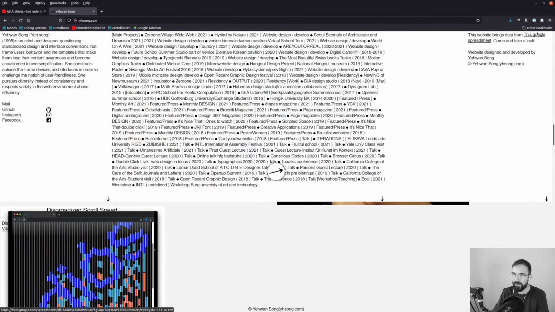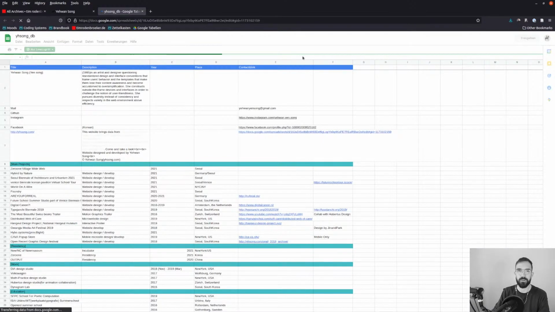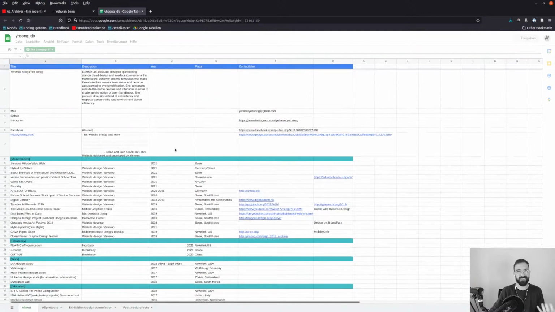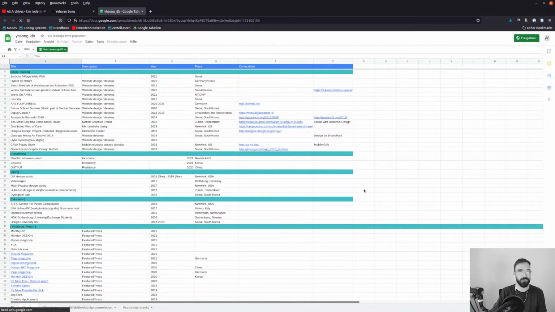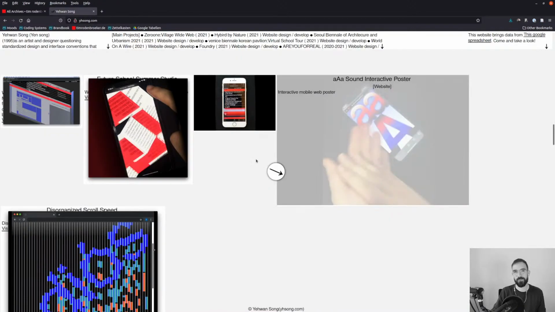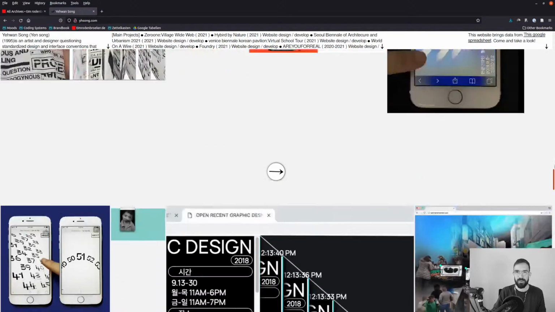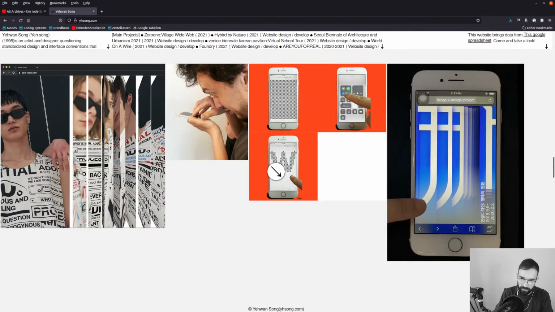And look at this, by the way. This website is not fueled by a content management system, but by a Google Sheet, which is amazing. All the projects here with their links and videos are hosted on Google Sheets, which is crazy, right? She takes an Excel sheet hosted on Google for her content management, which is pretty cool. So looking at technologies from a more experimental point of view, trying to find new ways of expression, trying to find new ways of,